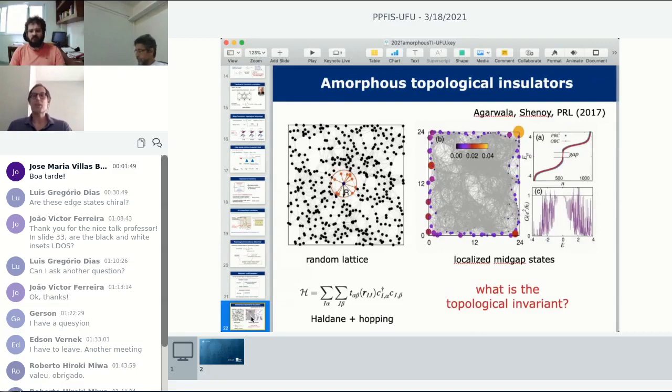And this paper came out 4 years ago now, and actually caught the attention of several different people, including myself. And these authors, their starting point is something very interesting. They say, okay, if it is the Brillouin zone that bothers you, let me start with a random system, no Brillouin zone at all.